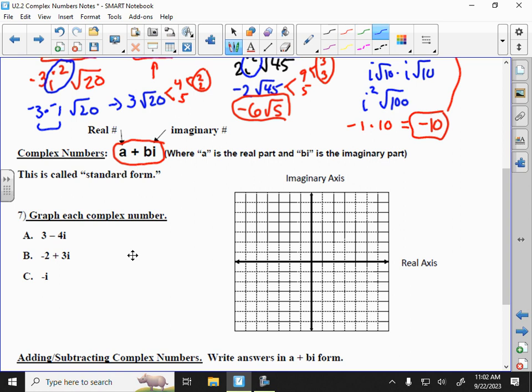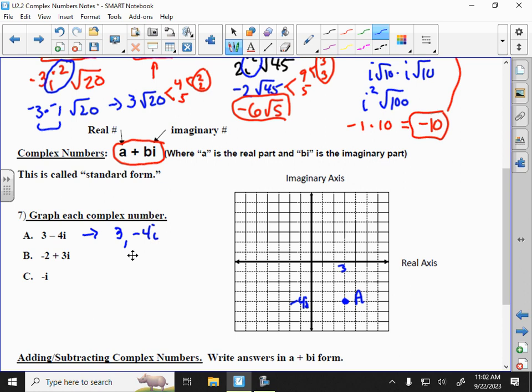So if we wanted to graph the complex number 3 minus 4i, you can kind of treat it like 3 comma negative 4i. Okay, so you would go to positive 3 and then go to negative 4i, so that means you go down 1, 2, 3, 4, negative 4i, and where they intersect each other is the complex number. All right, so that point right there is 3 minus 4i, and we'll just label it with the letter A, so we don't have to write the whole 3 minus 4i. Okay, so that's how you